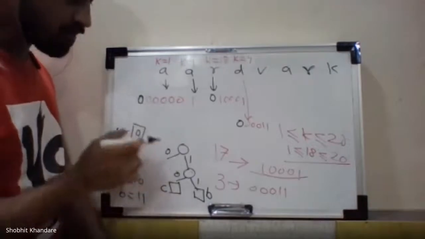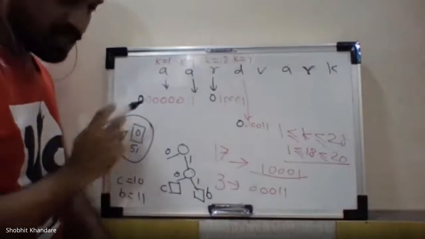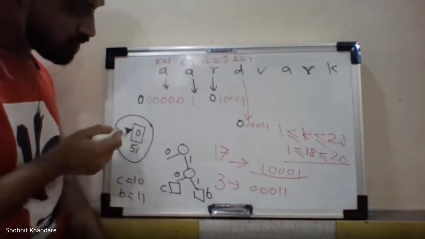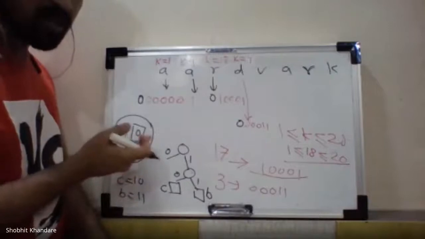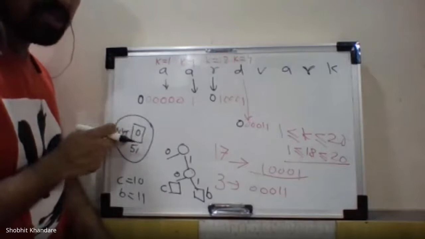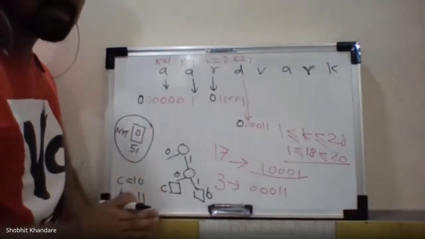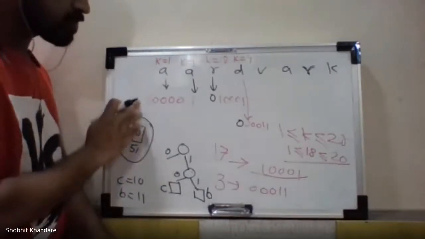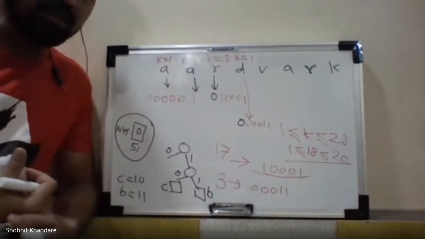So for C, the code is 1, 0, and for my B, the code is 1, 1. Okay. Similarly, if I'm asking you to tell me the code for NYT, and if this is my initial tree, even the tree has not been made so far, because initially I started from the root. Now here if it is a root, and I do not have the branches, I do not have the internal or external node, I only have a single root, then in such case, the code for NYT does not exist. The code for NYT does not exist. Okay, so you do not have to consider 0 now. Okay, so initially we have written as per the given steps.